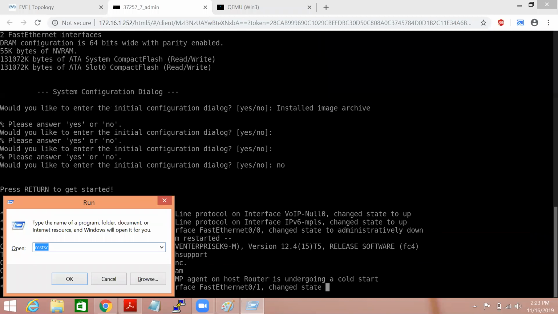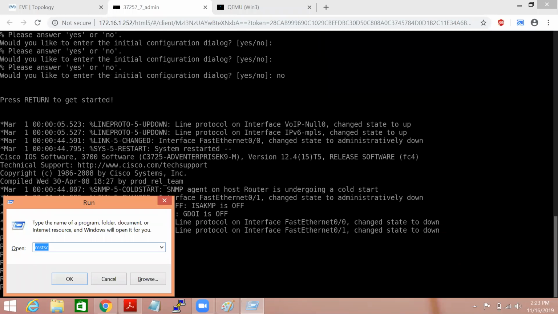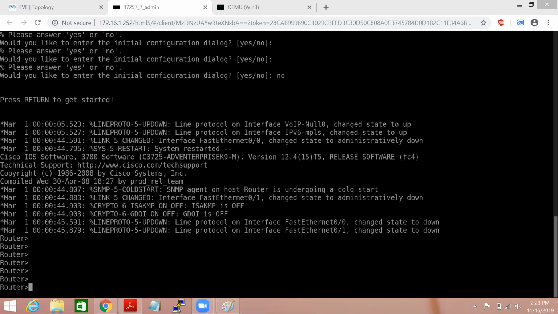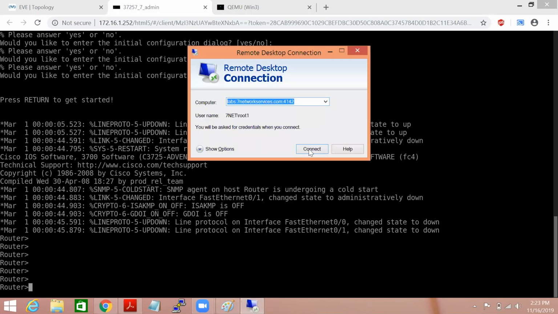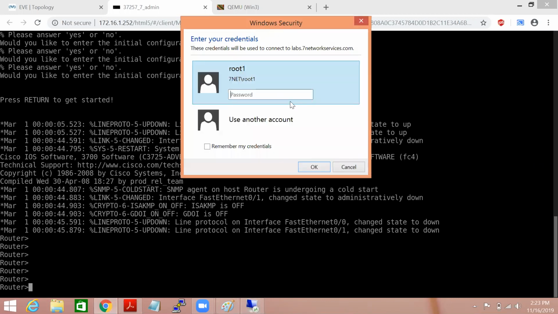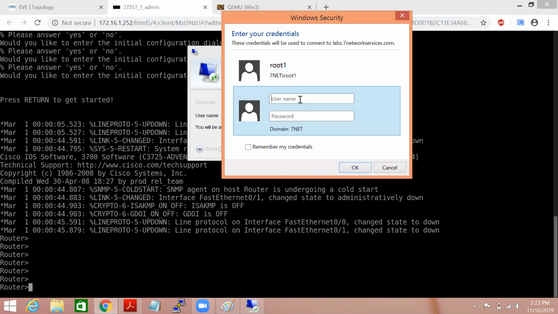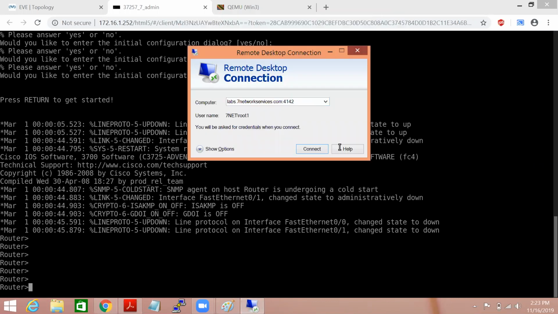Let's say some of you are concerned whether this is only local, or if you can access it from home. In order to access from a remote place, you just have to run MSTSC on this URL and connect. Once you connect, you use your username and password and get the very same kind of environment or access.